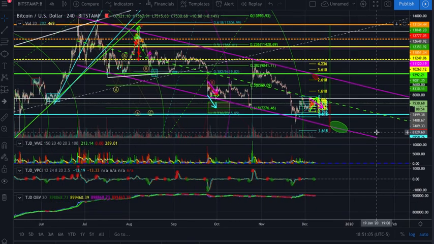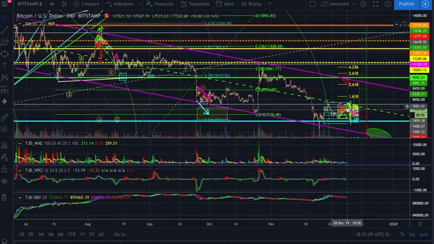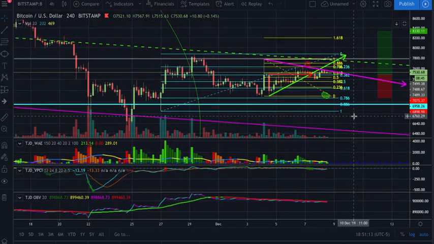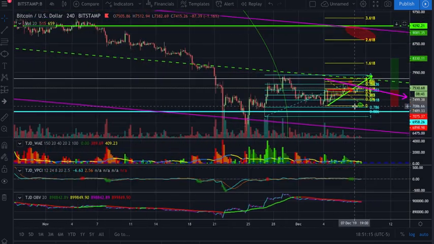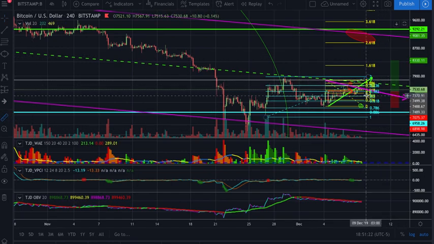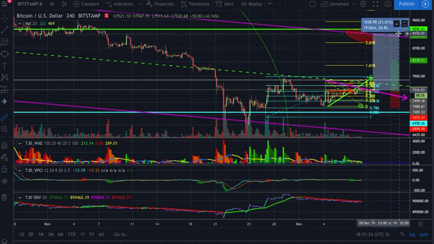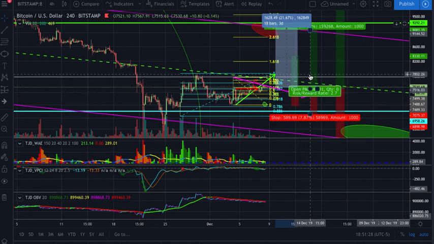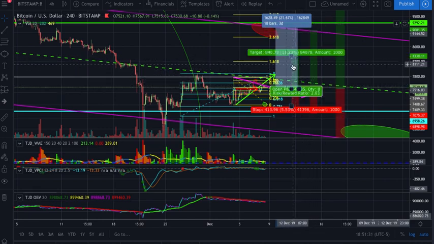But at this point in time, I think we're at the bottom of the range, so there's a lot of potential for us essentially to get that move to the upside. And even if we don't break out of the range, it's definitely a very profitable potential trading range. Let's take a quick look. We could see essentially like a 20% move to the upside, which would be the second target right here. But even if the first target is filled right here, at over a 2-to-1 risk reward,